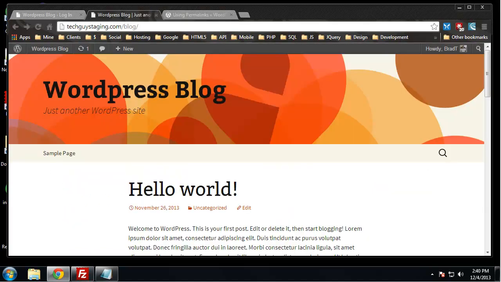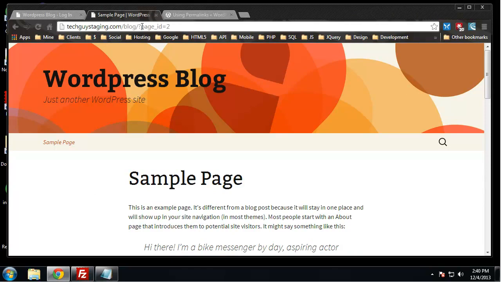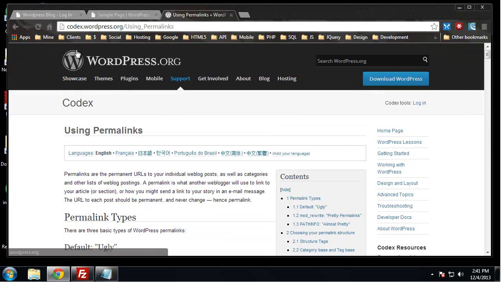And if we go to our default blog and click on our sample page, now you can see up here we just have page ID = 2. So that's not very friendly to search engines or humans. So we want to change this, and this